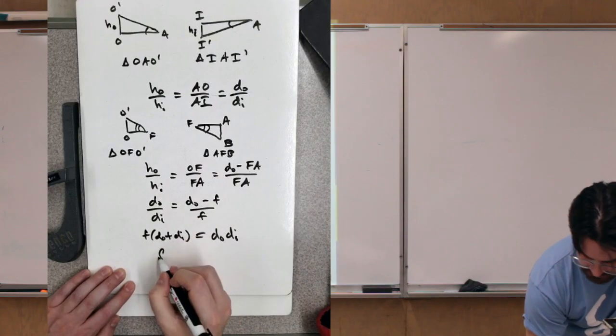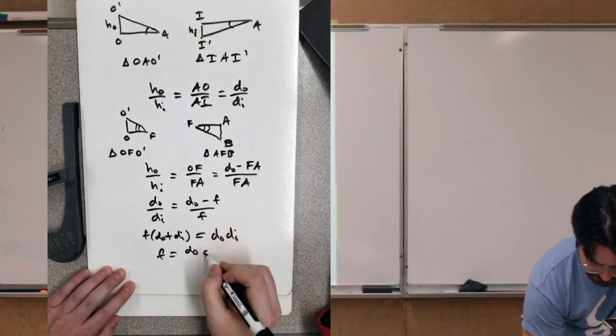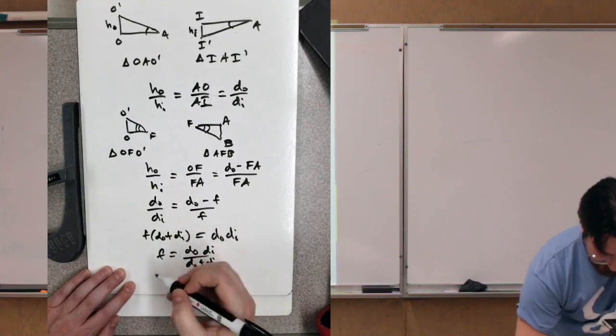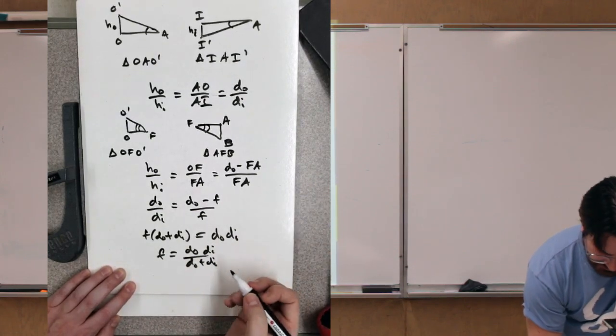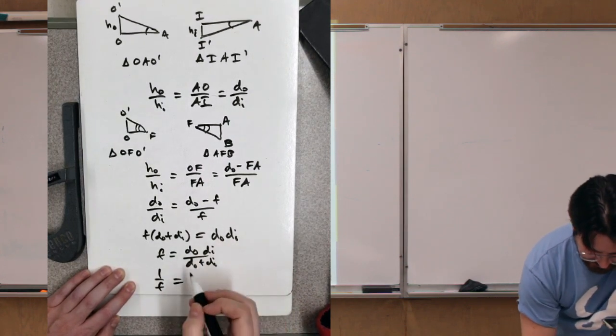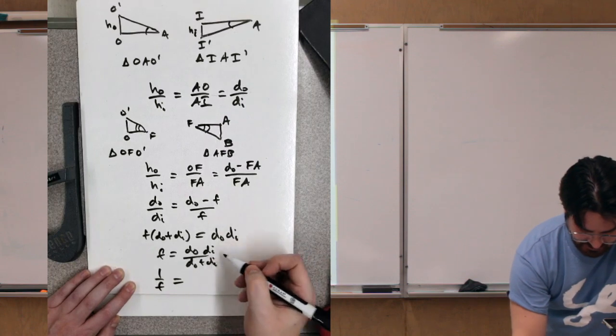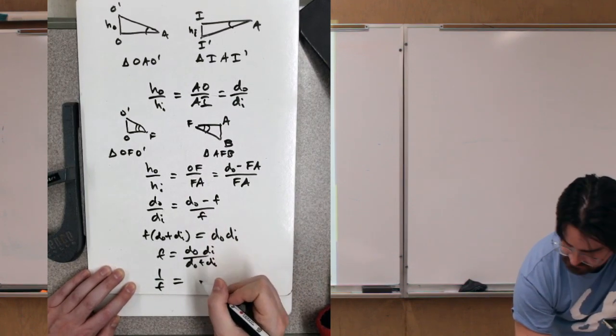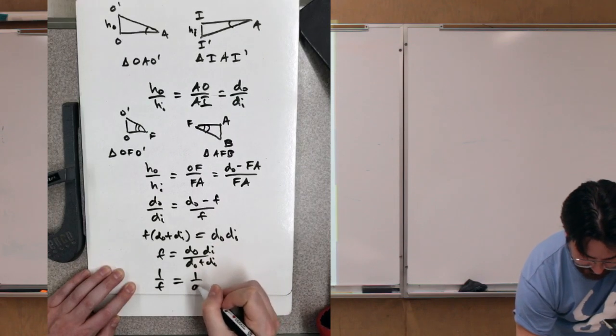And then we invert both sides. This becomes 1 over f. And when you invert, then break up this fraction, the extra term, d_o or d_i, is going to cancel here, and we're going to be left with